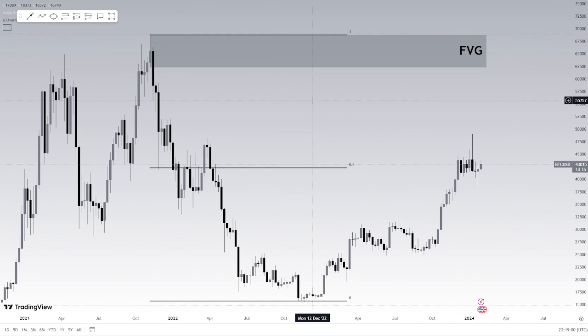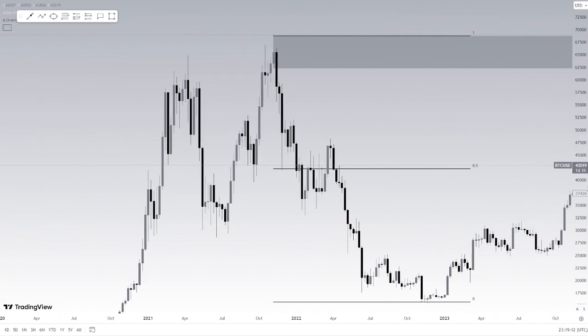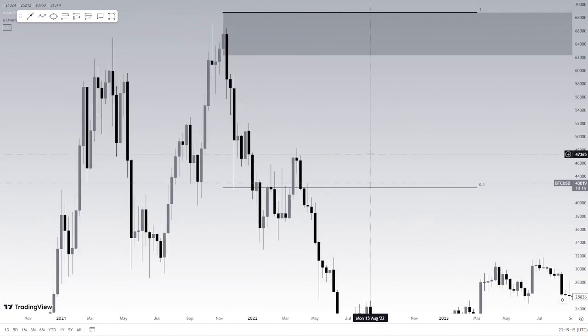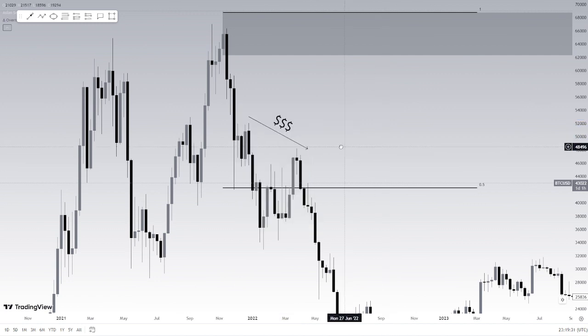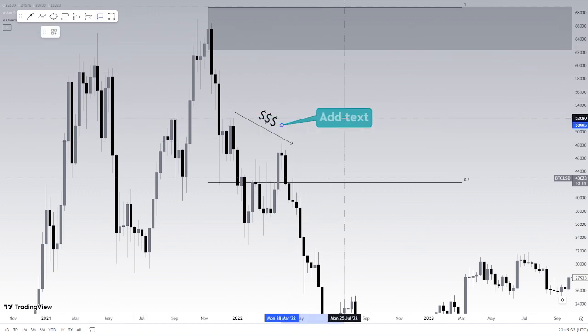Now, the last thing we're going to go over, last but not least, is the concept of liquidity. Simply put, liquidity exists everywhere, right? Every single pool, every single market has liquidity pools, right? So from here, if we're going to look in the premium, what we notice is that we see a two-tap trend line, or just simply a trend line, or a trend line phantom, as some people call it in ICT concepts. So this trend line over here has two taps, one tap and two tap. And a trend line, as we know, represents significant liquidity in price.